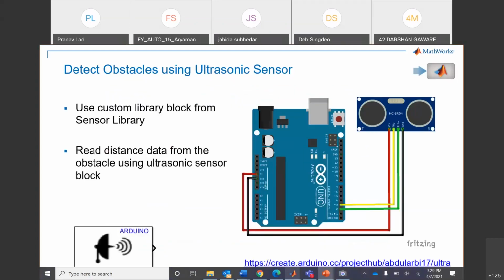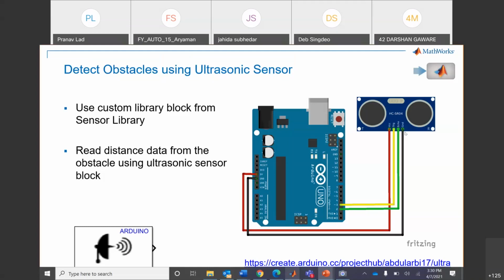What we will require for that is one sensor to detect the distance from the object. In this case, we are using the ultrasonic sensor HC-SR04. This is a standard ultrasonic sensor which will come with any Arduino kit that you purchase. If you purchase the Arduino engineering kit or that sort of basic kit, it usually has this ultrasonic sensor along with it. So we will use this sensor now, and see how to connect it.